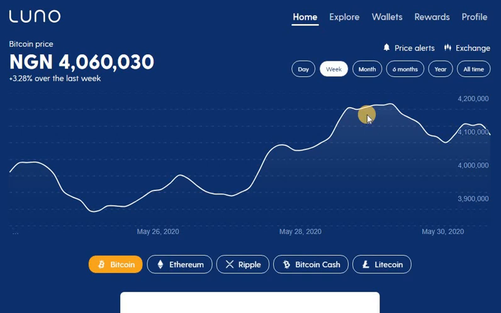In Nigeria, the way investors make profits when buying assets is by Naira cost averaging. Naira cost averaging is an investment technique where investors buy a fixed amount of a particular asset in a time interval regardless of the price. That means they buy more when the price of the asset is low and less when the price of the asset is high. But regardless, they buy the same fixed amount in that time interval.